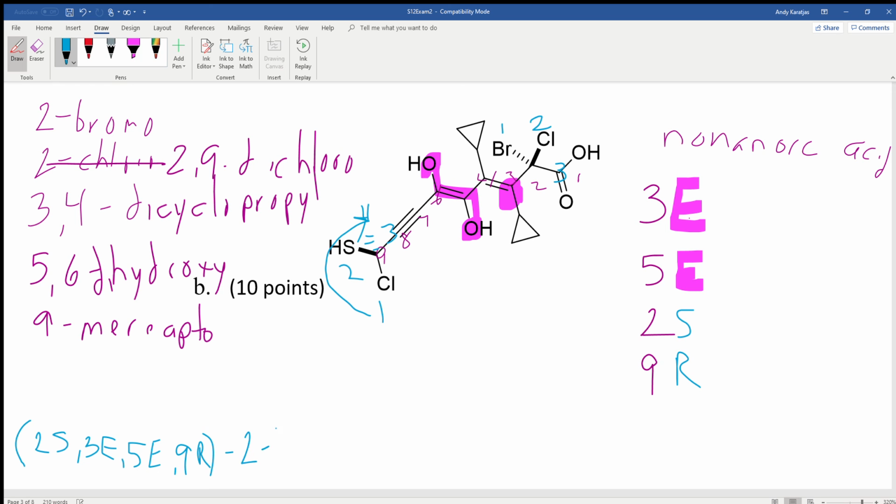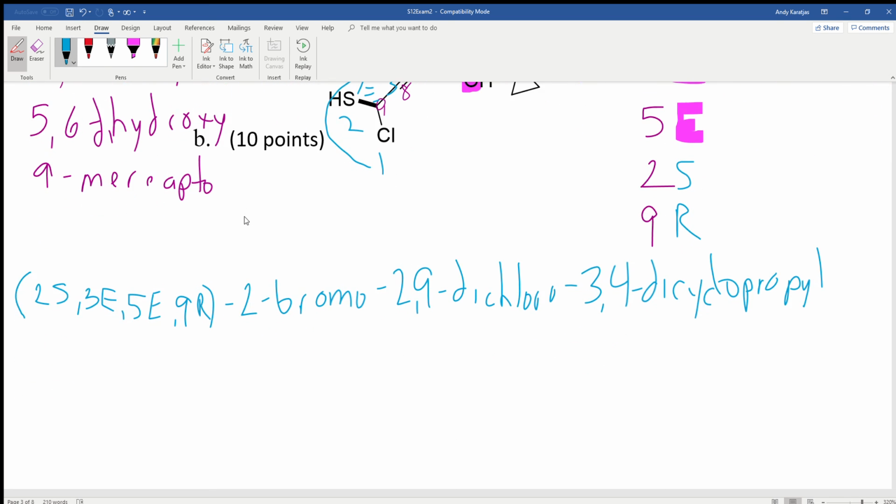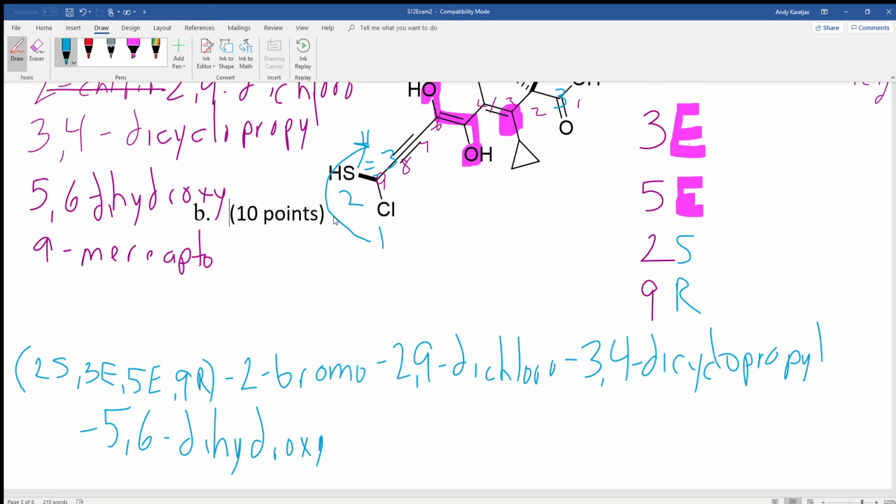So 2-bromo, 2,9-dichloro, 3,4-dicyclopropyl, 5,6-dihydroxy, 9-mercapto,